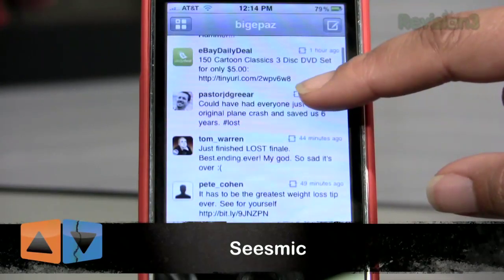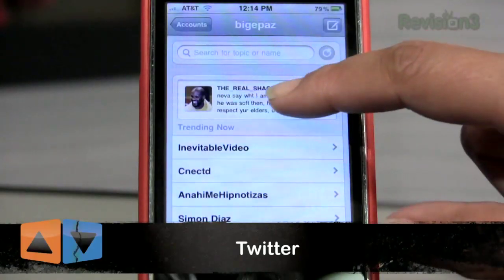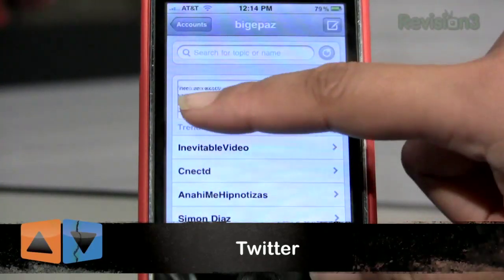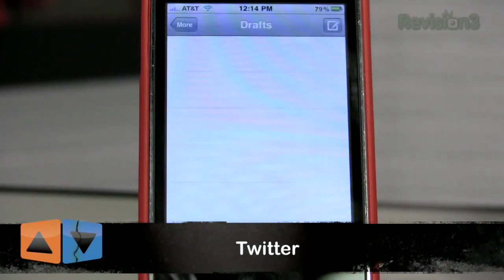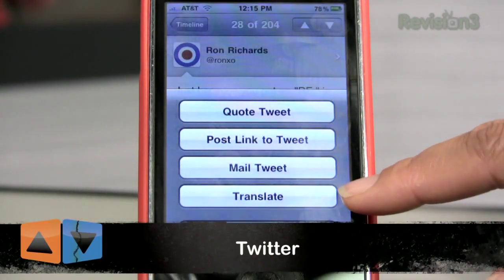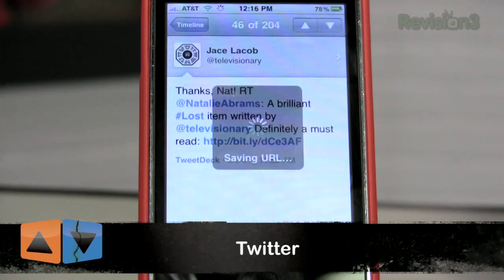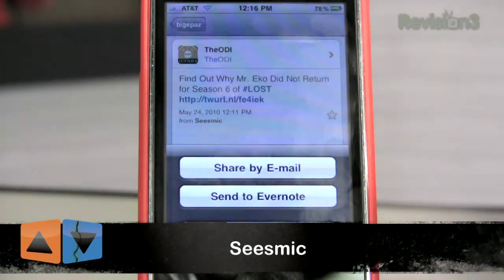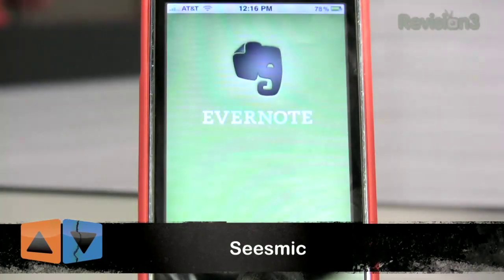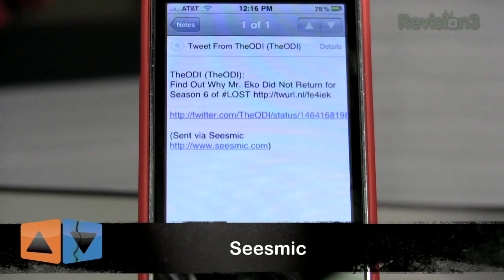Seesmic has a nice retweet section. Here you can see what your friends think is important enough to retweet. Twitter has the big granddaddy search tab with suggested users and trends. And other standout functions include the drafts option, ability to edit your profile, and there's a nifty translate button. What's cool for me is the button for Instapaper or Read It Later. I honestly can't live without this last function. But Seesmic has Evernote. However, when you launch that option, you get pushed out of the Seesmic app. Out-of-app functions is almost always a con here at App Judgment. However, if you're an Evernote junkie, you probably can't live without this feature and welcome it with open arms.